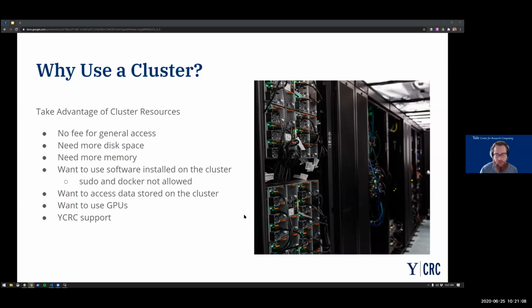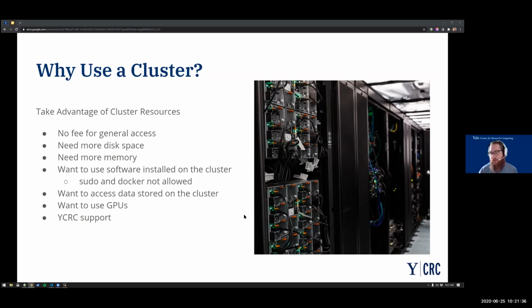And then we also have an extensive software library that we maintain, oftentimes of packages or pipelines that are very difficult to install on a Mac or Windows machine, if not impossible. And we spend a decent amount of our time trying to duct tape and paperclip these academic pipelines together for you so that they can run on the clusters.